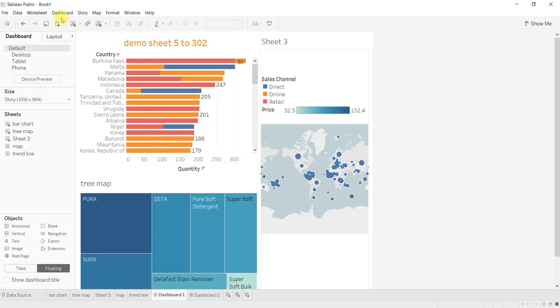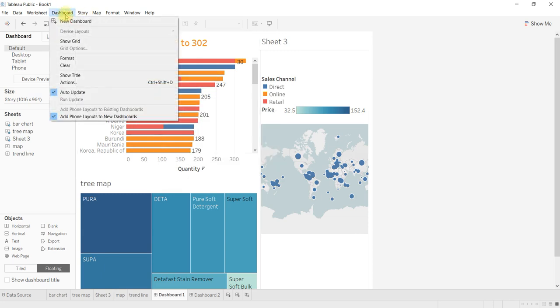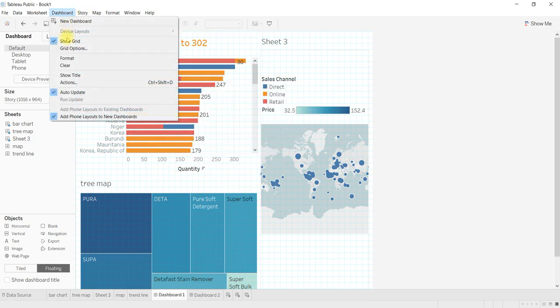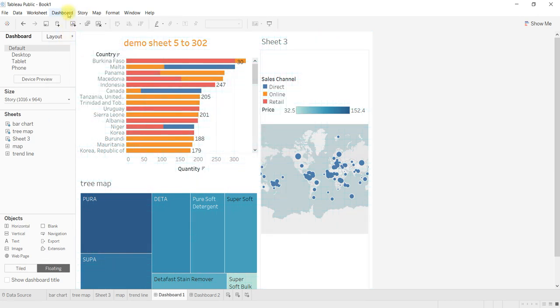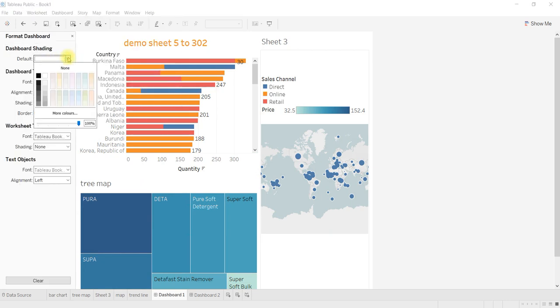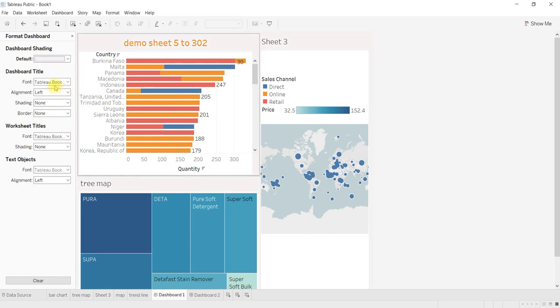Then one more thing, here in a story dashboard, we can show the grid lines so that you will have a clear picture about where exactly you would like to change and all. If you don't want, turn off. If you would like to format this one, we select, you can format here, like background color, you can change the color, you can change the font, everything you can do.